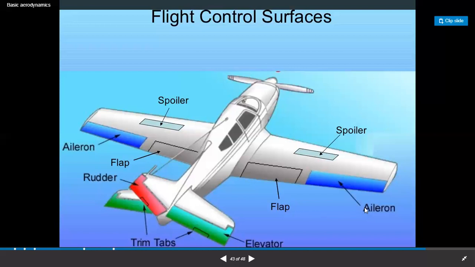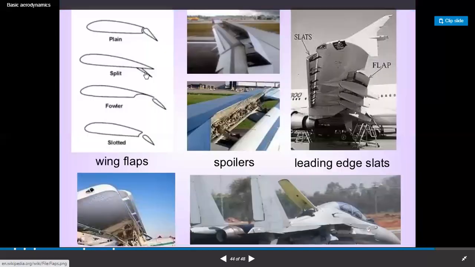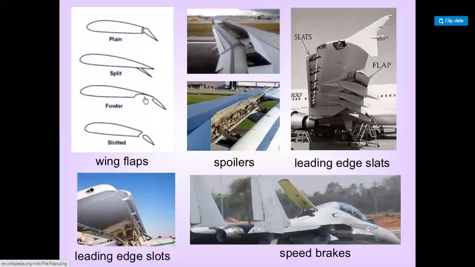Clear? So we can see they're called plain flap, split flap, and we can have a Fowler flap and slotted flap. They are the different types of flaps. So just listen here. We have already seen that when the air is moving on the surface of the airfoil, it will be moving downwards also. There we've seen that we have high pressure and low velocity, and high velocity and low pressure on the upper surface, correct?